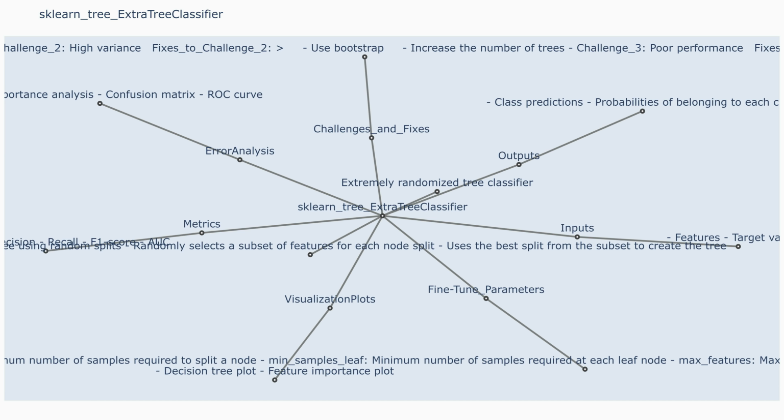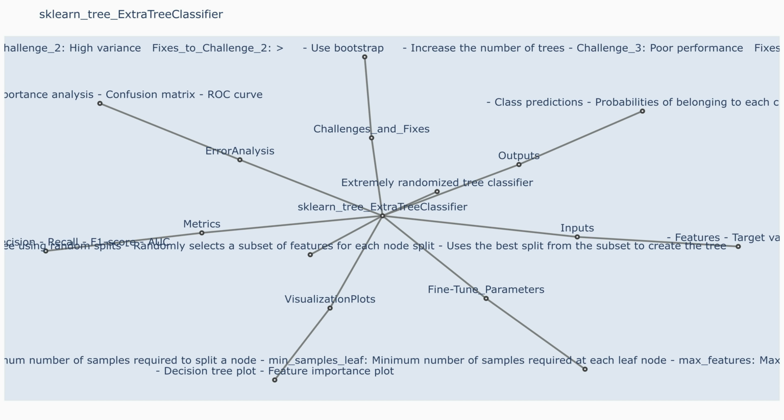sklearn.tree.ExtraTreeClassifier. Description. Extra trees classifier is an ensemble learning method for classification that operates by constructing a multitude of decision trees during training and outputting the class that is the mode of the classes for classification, or the mean prediction for regression, of the individual trees. The trees are built in a completely randomized way, meaning that at each node, a random